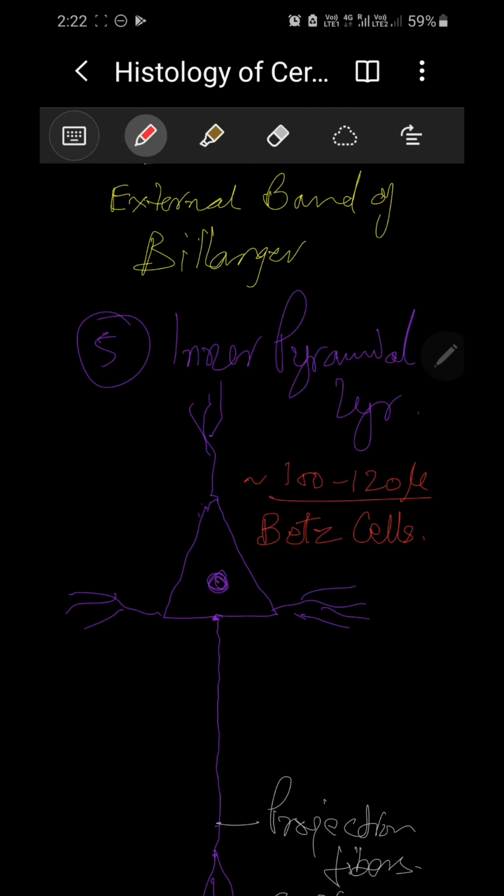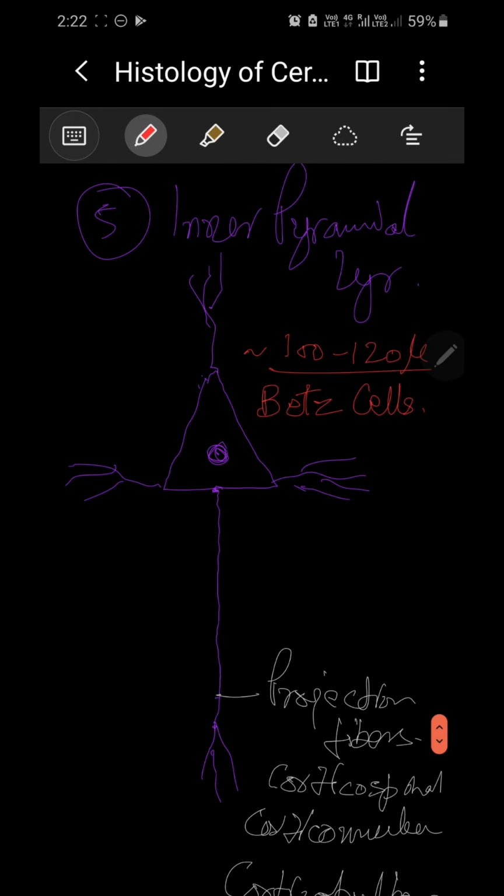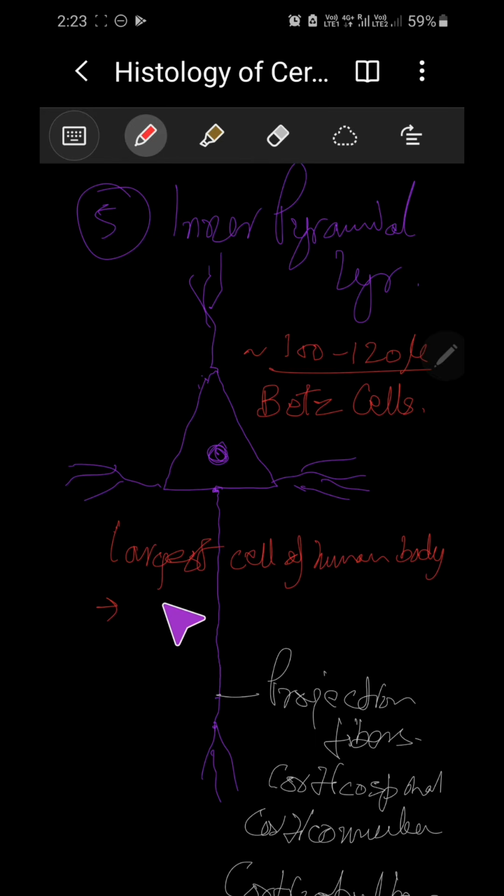Got it? So you can write it down here so that it doesn't confuse you later on: the largest cell of the human body, if it's asked, the answer will be oocyte,